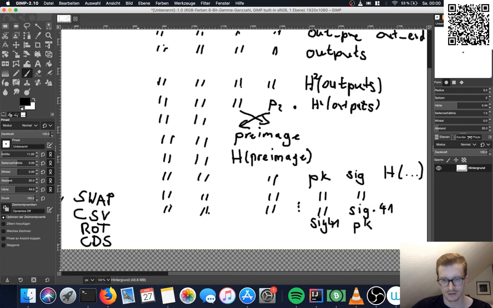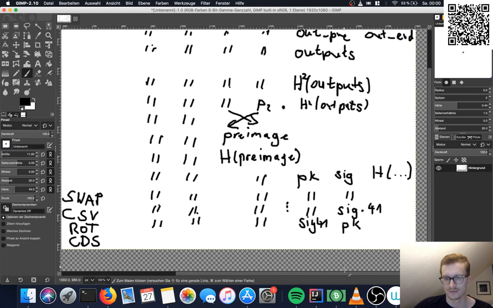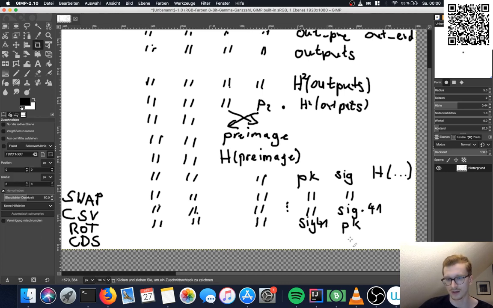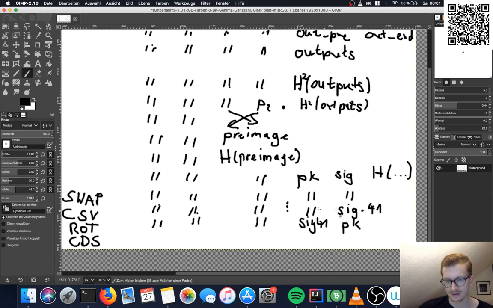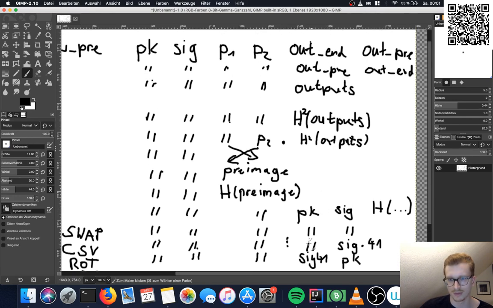And this will pop the top 2 things off the stack. If they are correct, or if they sign the current transaction, then nothing will happen. But if they don't sign the transaction and they fail, then the transaction will be invalid and the script terminates immediately. So this ensures that all the actions here on top match with the current transaction we're having.